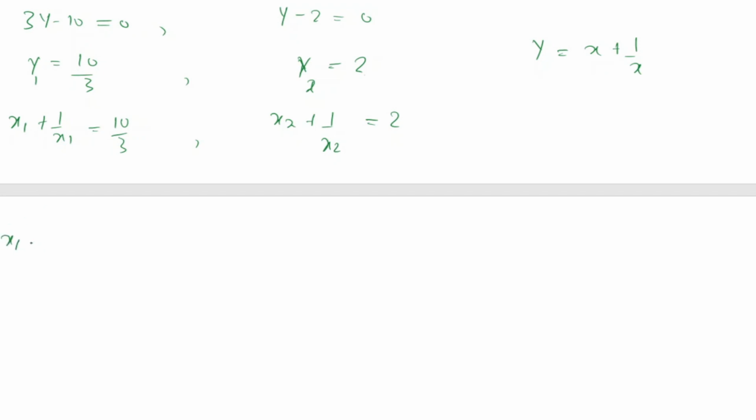Multiplying x1 to both sides, I am getting x1 plus 1 over x1 here, and here I am getting 10/3 into x1। Similarly, to this equation, 1 over x2 है, just multiply x2 to both sides।